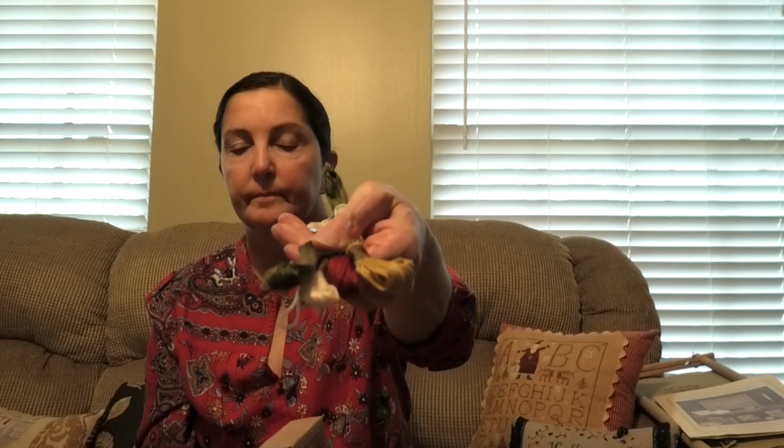She gives you some DMC floss, which you can use, or over dye. And she even gives you a needle. So this is a complete kit in a box. What a great gift for your stitching friend. I almost bought more than one of these just to give as a giveaway. I thought it would be awesome, but